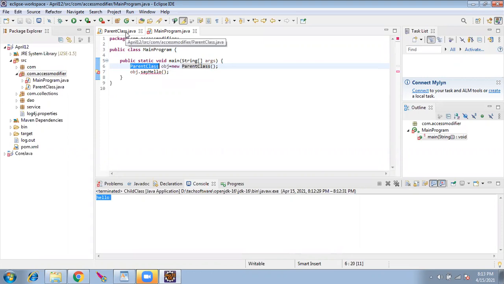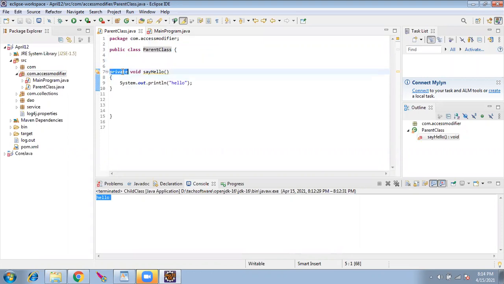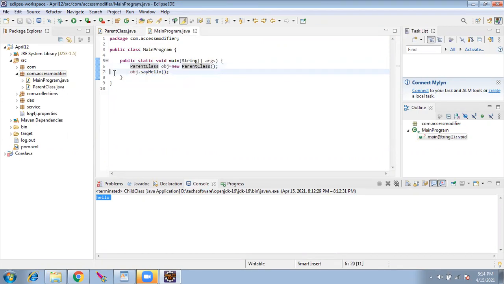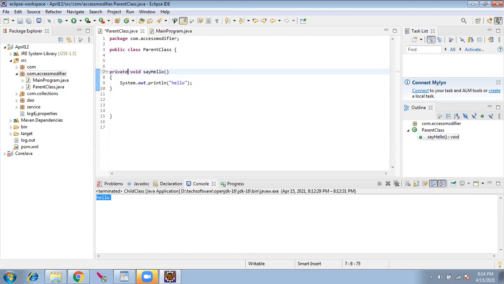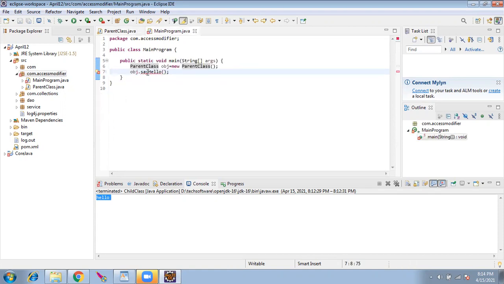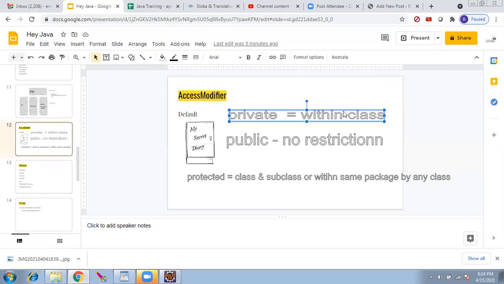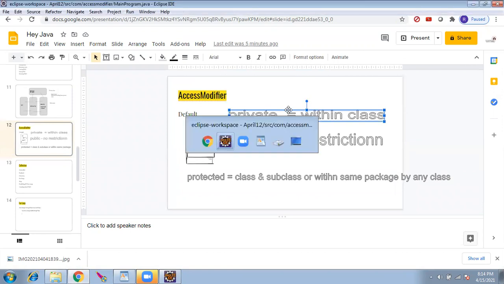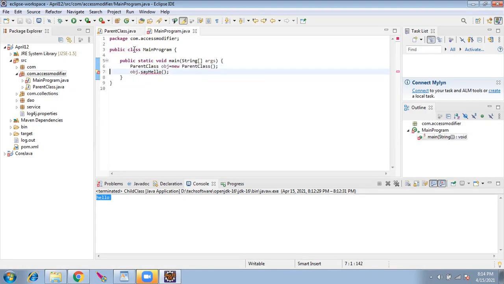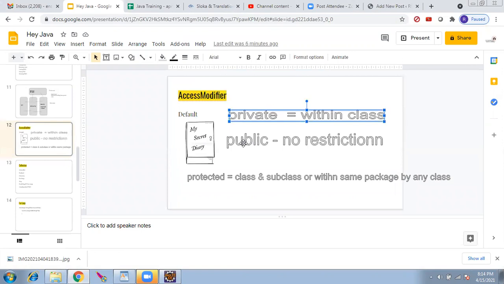Clear? That's clear. Yeah. Now, when I gave public here, if you noticed, there was no compilation error. It was perfect. When I change this to private, what this means is the method should not be accessed by anyone. But we are trying to access it. So there is a compilation error now. It's telling the method is not visible. So what we studied here, private means it is visible only within the class. Even using an object, you cannot access it. So that is working good now. That is private. Public we saw.